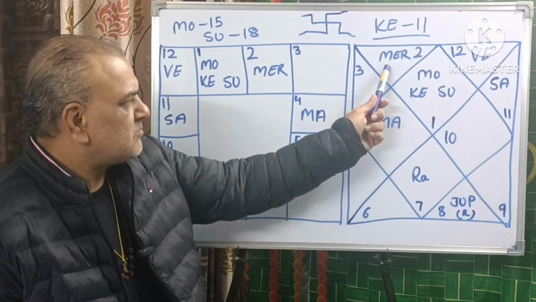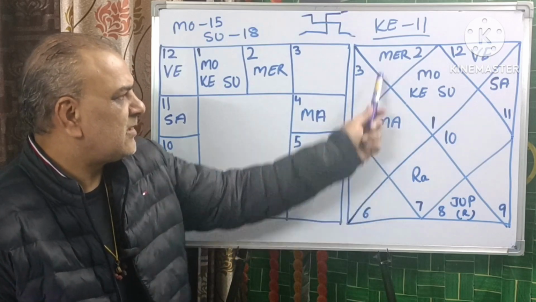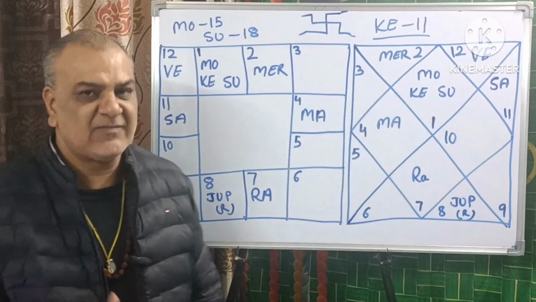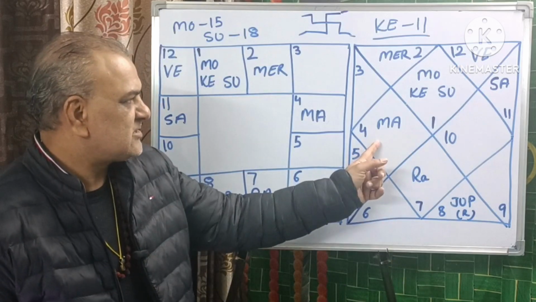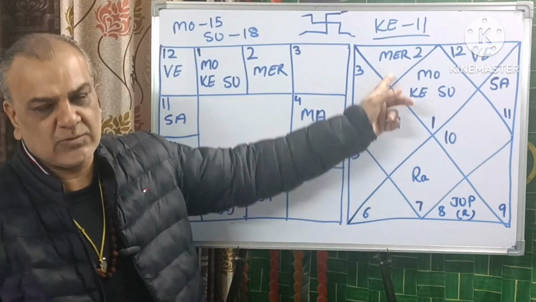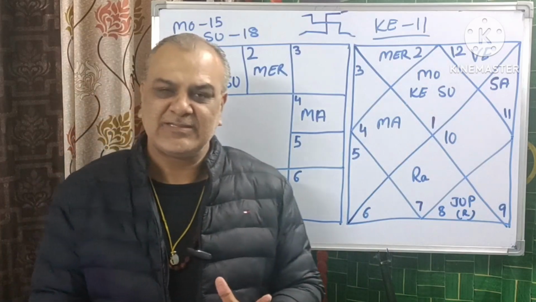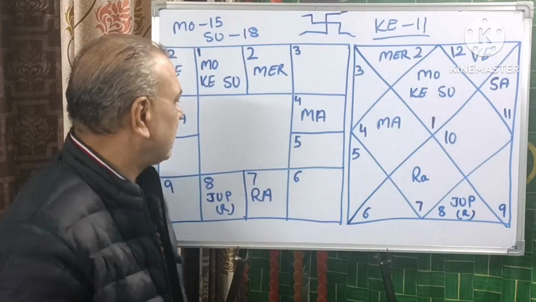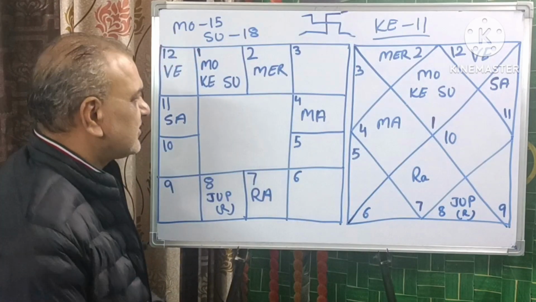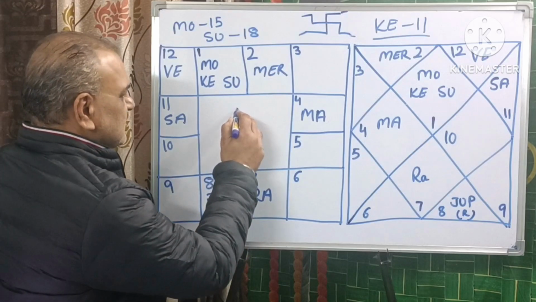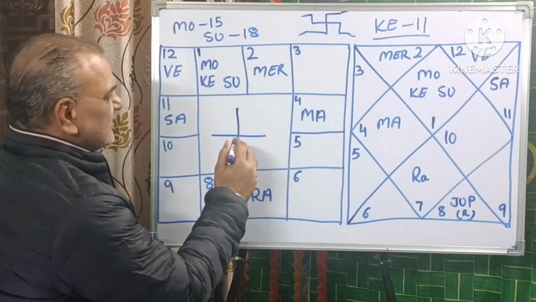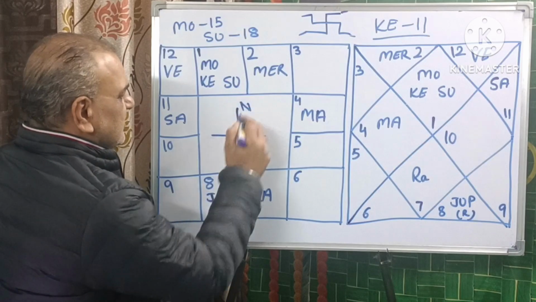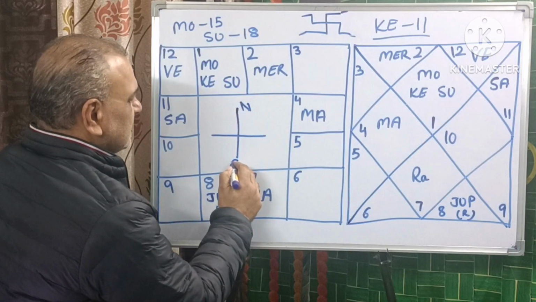You will see Mars and Mercury, they both are in 3/11 axis. So when you see direction wise, this is north, this is south. When you place direction, this is very important. I am going to just draw a small directional chart. This is the actual chart of Bhrigunandi Nadi. Here we write north, here we write